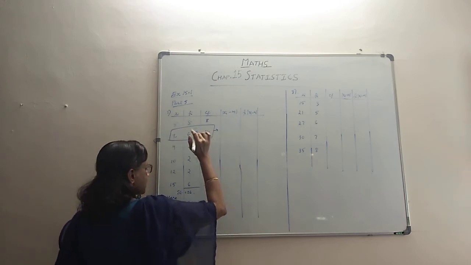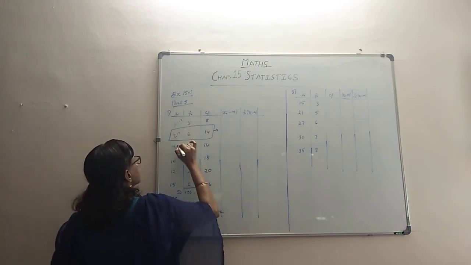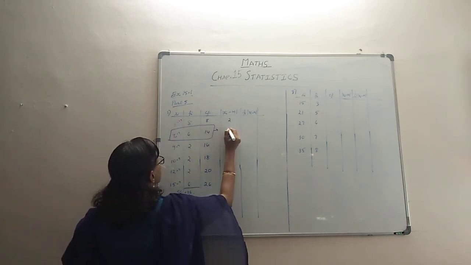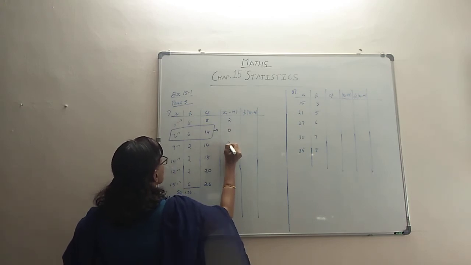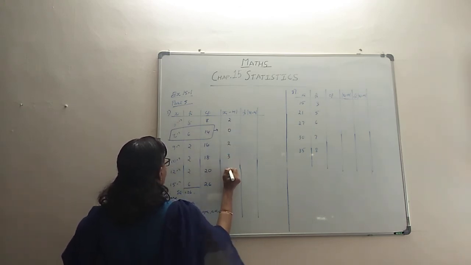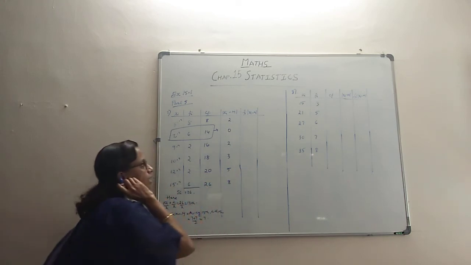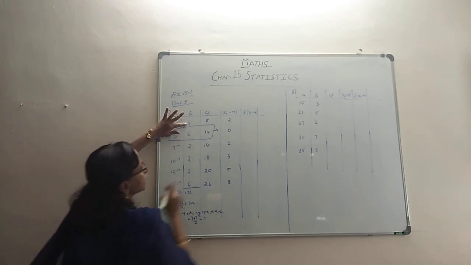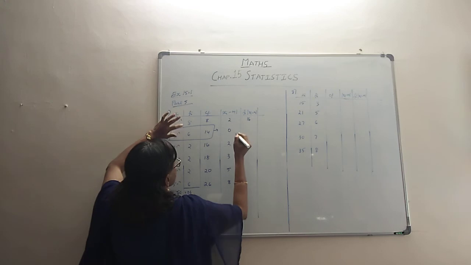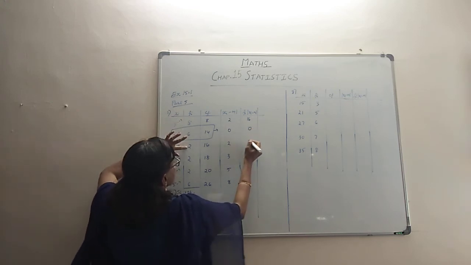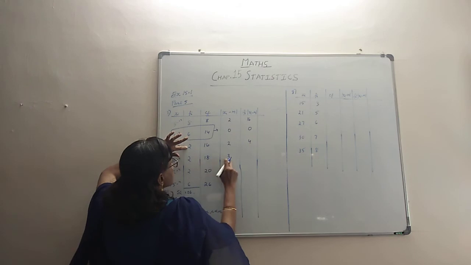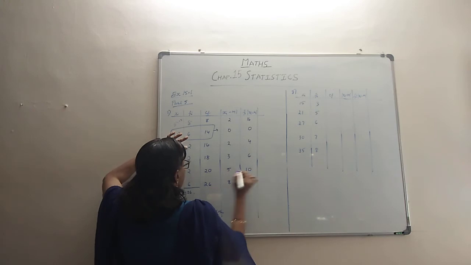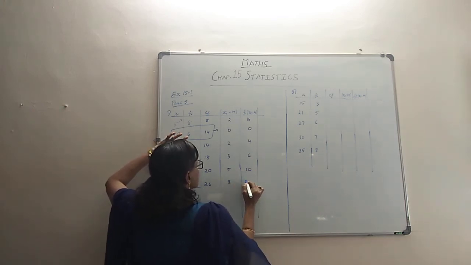So you have 7. Now we can get across doing this. So xi minus m, every time 7, minus 7, minus 7, and so on. 5 minus 7 is minus 2, but modulus, 2. This is 0, this is 2, this is 3, this is 5, and this is 8. Yeah, we have done xi minus m. Now we have to multiply it by fi. 8 into 2, 16. 6 into 0, 0. 2 into 2, 4. 2 into 3, 6. 2 into 5, 10. 6 into 8, 48.